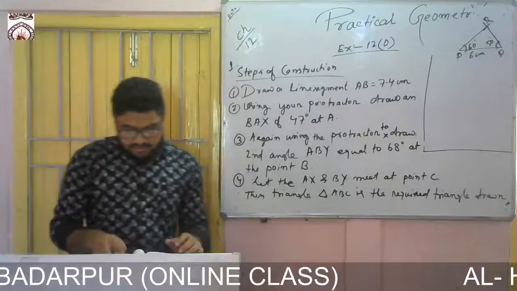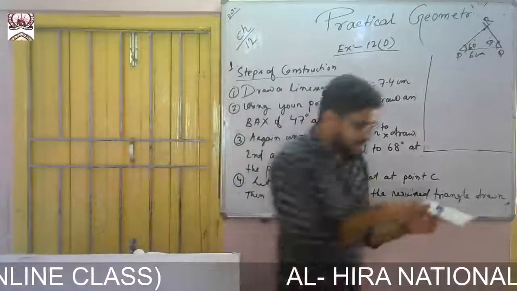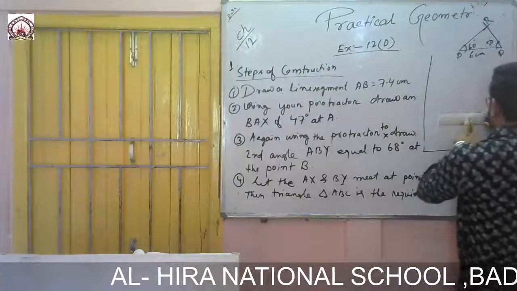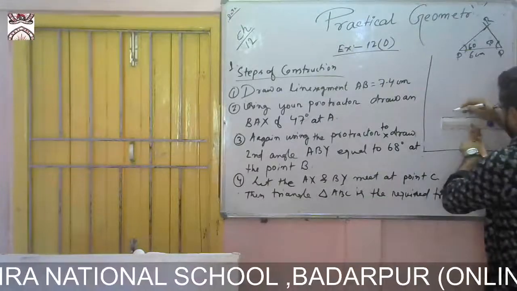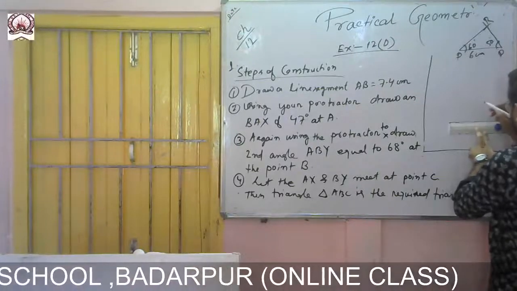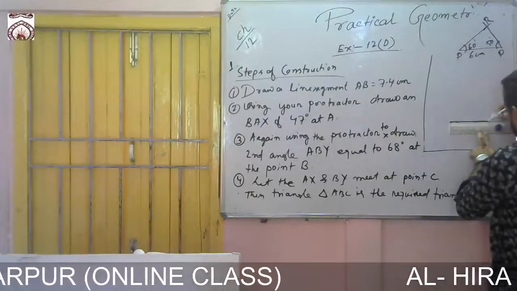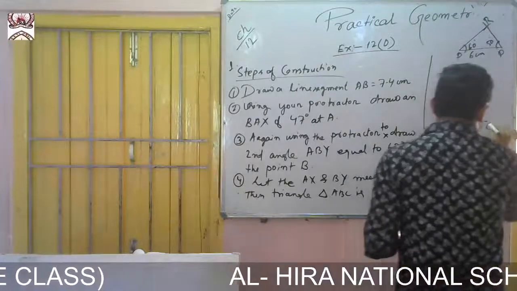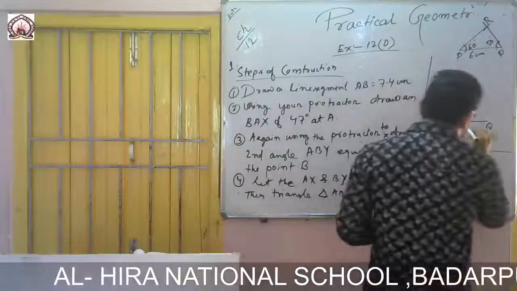Then first you take your ruler and draw PQ equals 6 centimeter. So PQ equals 6 centimeter. So PQ 6 centimeter taken. We give this one as PQ, as you have already drawn the rough sketch of the triangle. So this is 6 centimeter.